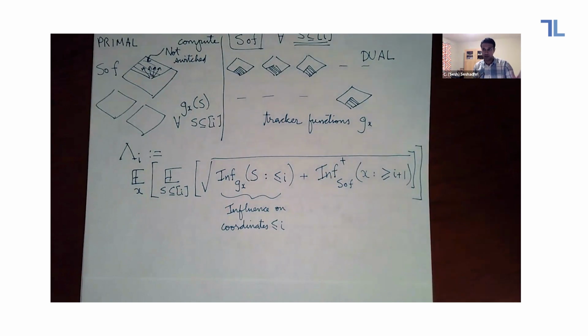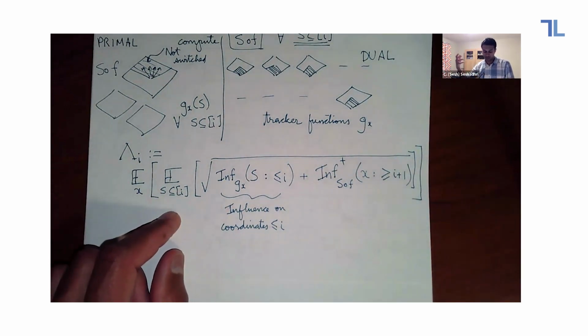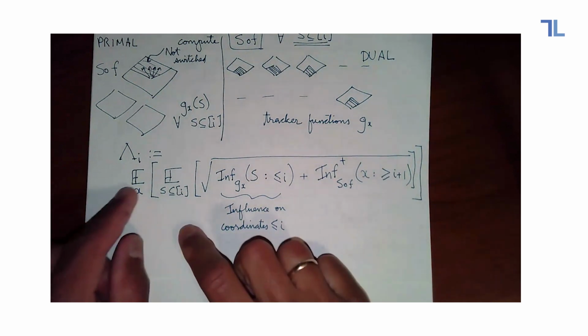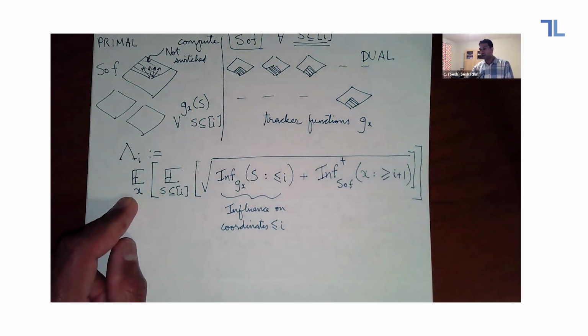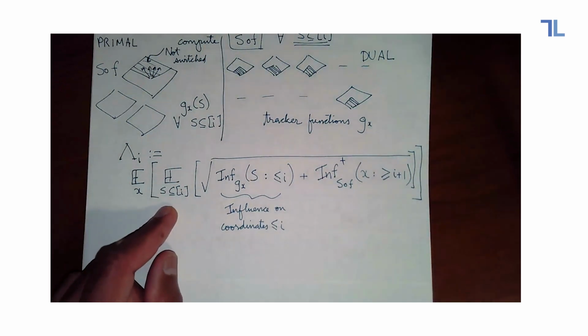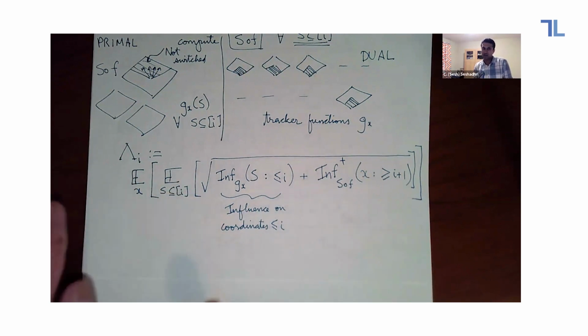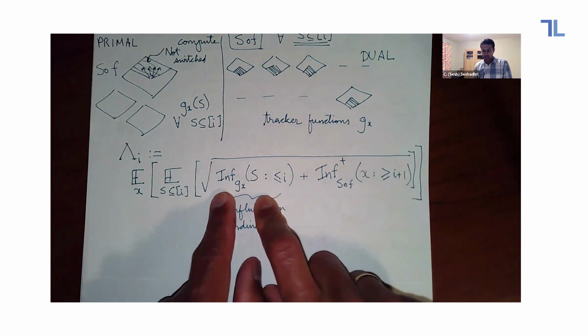So x is the domain. S is a subset of coordinates, it's the operators. So this is sort of like an expectation over the domain of points, and this is like an expectation over the operators. This is the operator space, this is the domain space. So in some sense, they're both independent of each other. And here you're coupling them. You're saying that here I'm going to look at,